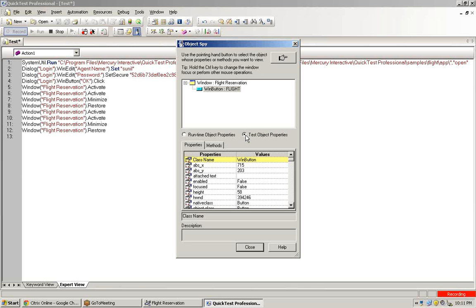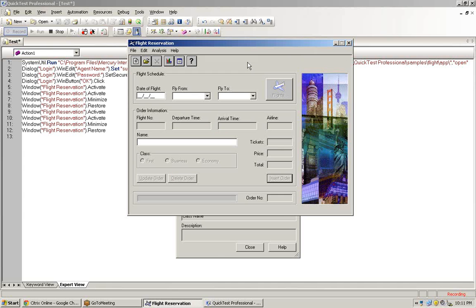For example, my QTP has learned these objects. These objects are already kind of hard-coded in my QTP object repository. Next time when I run this application, it will again see this window. So the window description that you have stored is a test object, and the window that you're seeing now is a runtime object, because it is the status of the object at runtime, at the current time.